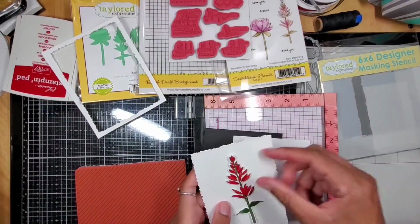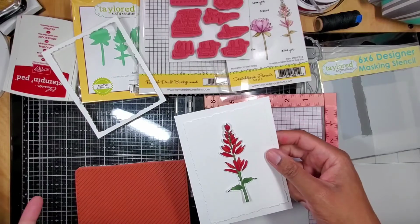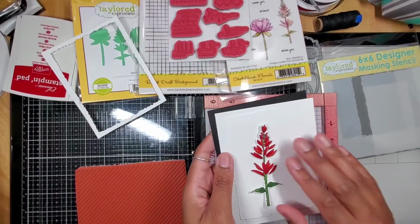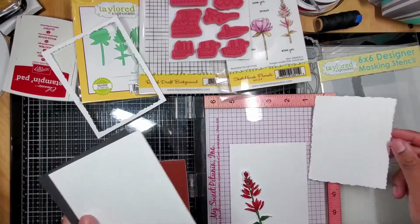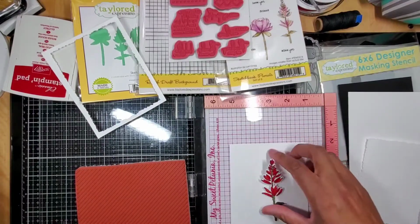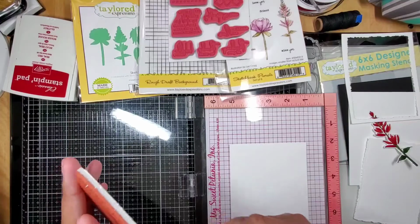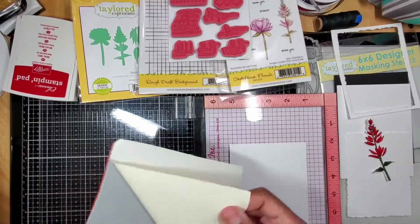And I'm like, okay, cool. I'm gonna use this. And again, I was thinking, okay, maybe I'll just do it white on white, or I'll do it with a black background, but I'm not sure if I'm gonna use the black background. So now I'm like, okay, I want some stripes in this. And you guys know I don't have pattern paper. I don't buy pattern paper just because I want to save on money so I can buy more